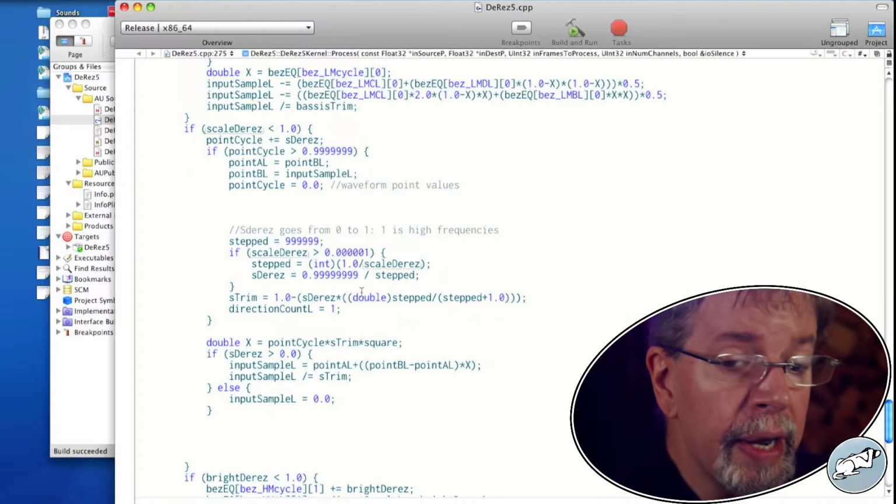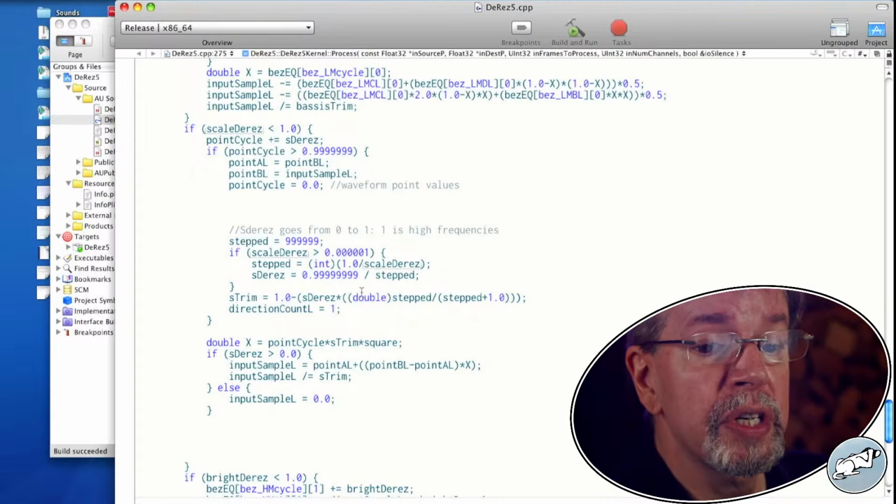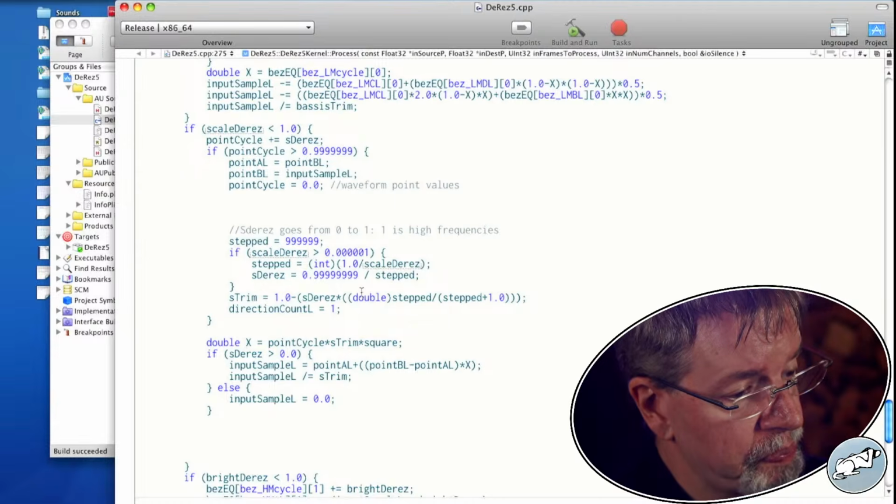And now, once we get down to really low frequencies, those are huge, huge steps.